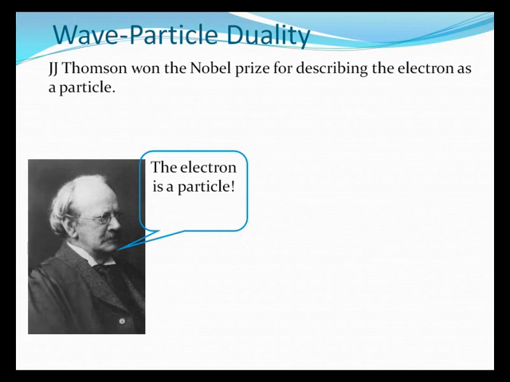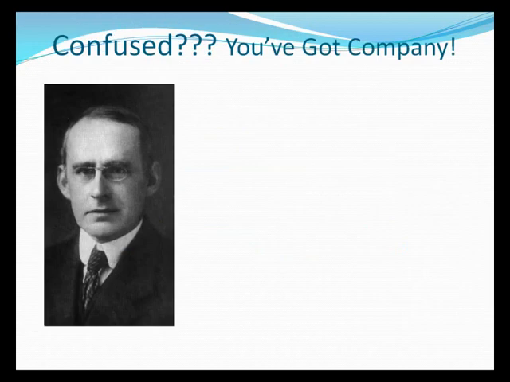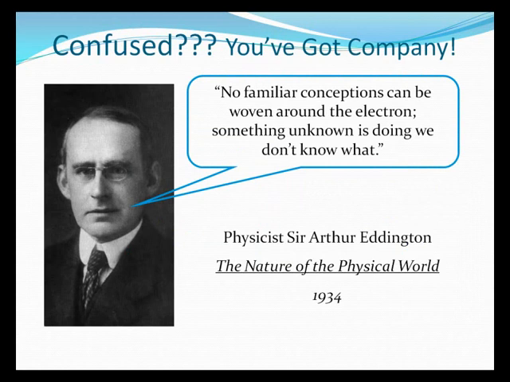J.J. Thomson won the Nobel Prize for describing the electron as a particle. He used the cathode ray tube in a classic experiment that you studied earlier in the year. Well, it turns out that his son George won the Nobel Prize in the 1920s for describing the electron as an energy wave and not as a particle. Confused? Oh yes. As late as the 1930s, physicists such as Sir Arthur Eddington in Britain